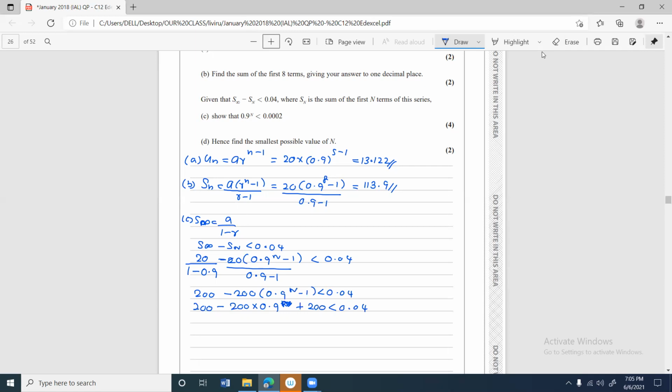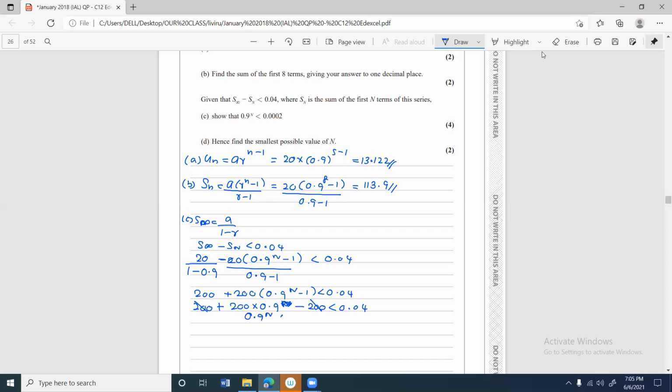S infinity minus Sn. So I think this should be 0.9 minus 1, and this is plus. That's the point. It's plus and this should be minus then, because we made a mistake here. When you divide by 0.9 minus 1, which is minus 0.1, minus 20 divided by minus 0.1 is plus 200. Therefore, these two cancel each other. Then it turns up to